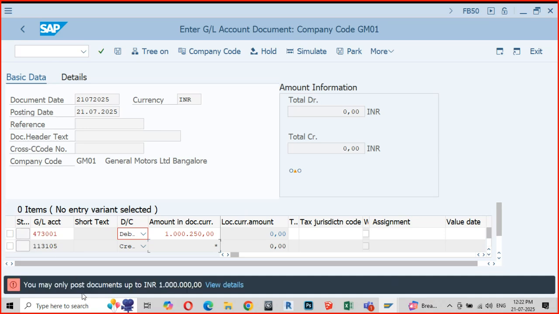You may only post documents up to a value of 10 lakh. Can you see how the system restricts a specific user from entering documents exceeding a specific value?